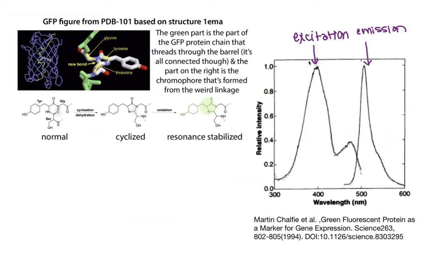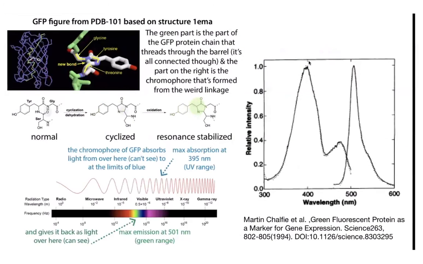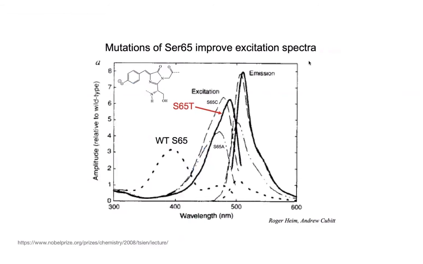So they wanted to see if they could make changes that could give it better properties for use as a fluorophore. Remember that because GFP has its fluorophore genetically encoded, as part of the protein itself, they could make changes to the protein sequence in order to change that fluorophore. So this is from Chen's Nobel Prize lecture, where he's showing some of the mutations that they made in order to try to